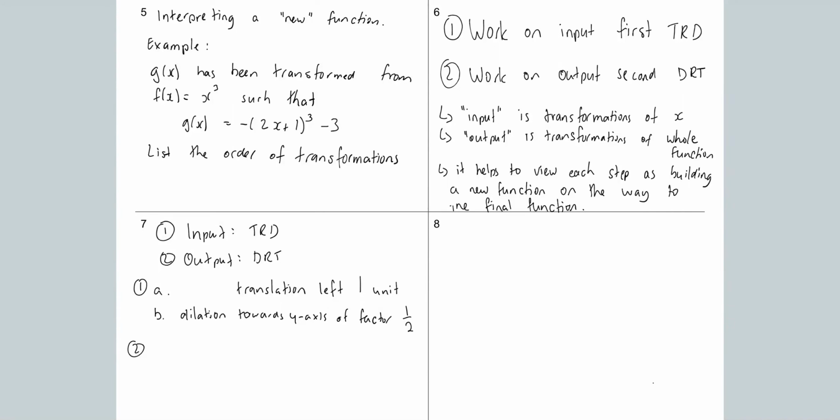So I can see that I need to go dilation, reflection, and translation. There are no dilations here because there's no value outside the bracket, but I can see that it has been made negative. So I have a reflection about the x-axis, and the second thing is a translation of 3 units